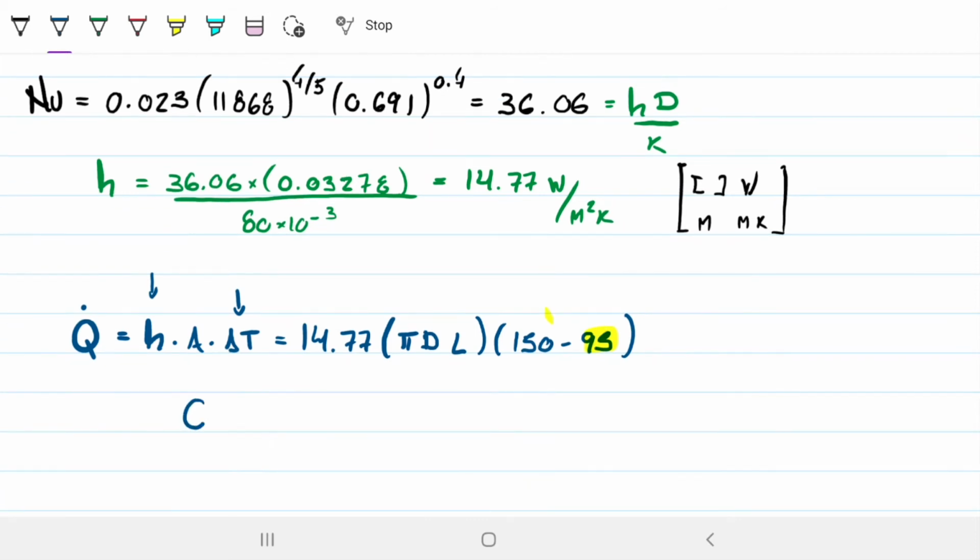Okay, so Q, I should have put that over there. So this is my 80 times 10 to the minus 3. This is 1 meter, and everything else is all good. So this turns out to be, what did I get? About 400, oops, not 95, or 95 or 40. Should be 95 here. That's the bulk temperature that we're assuming for our calculation here. So if that's 95, then this fella becomes